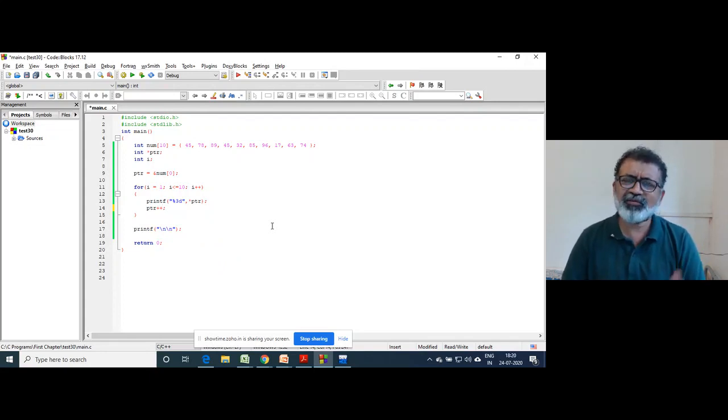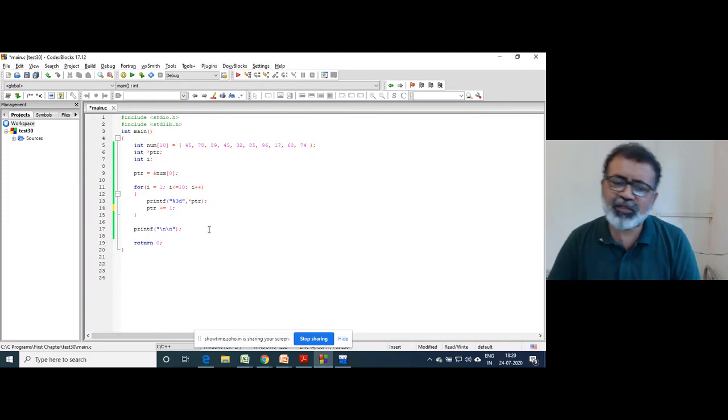Everything is the same, because ptr = ptr + 1 is ptr++. No problem, right? Or ++ptr, or even ptr += 1, that is also valid, because the basics are the same.